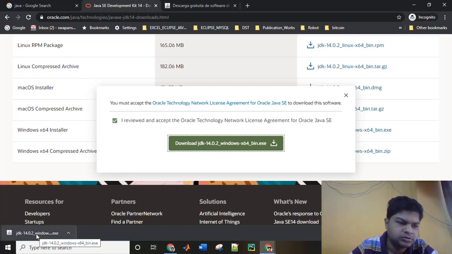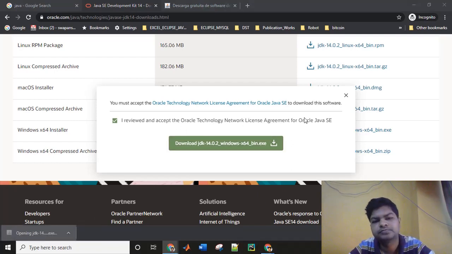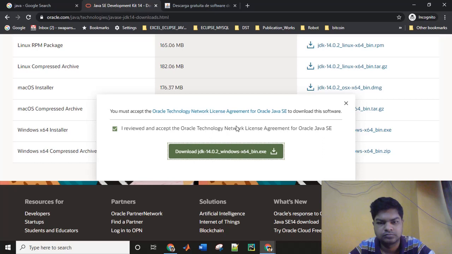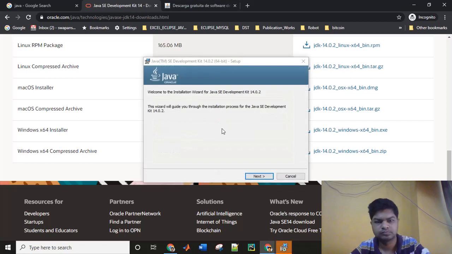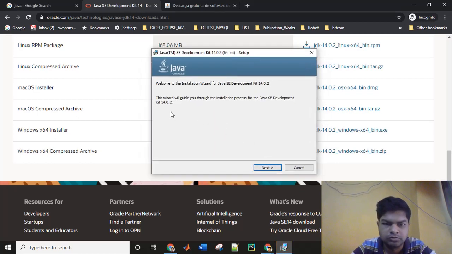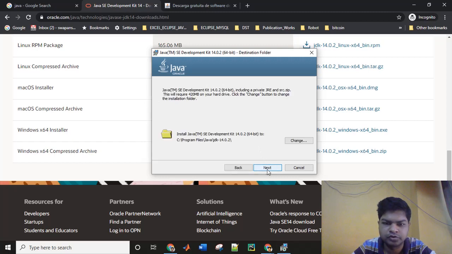So it is downloaded, so you can just click on it to install. It is opening, so click on yes, allow it to be installed. Now click on next in this window.